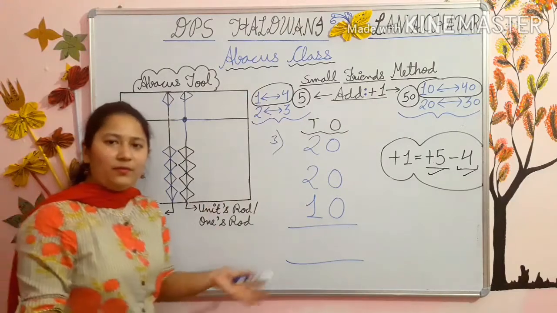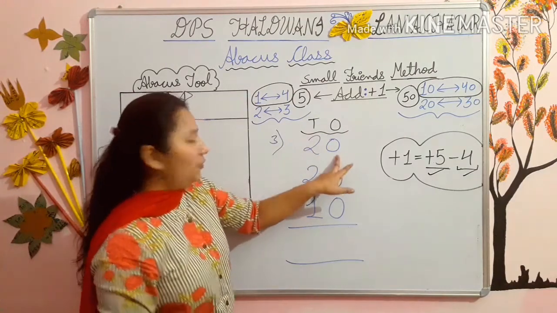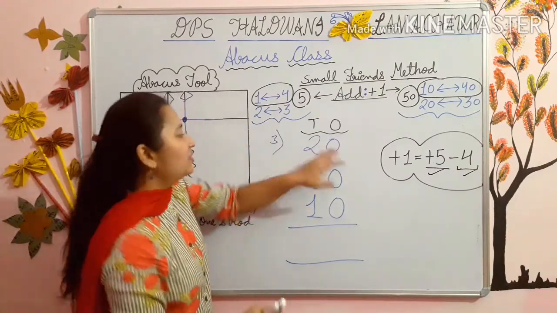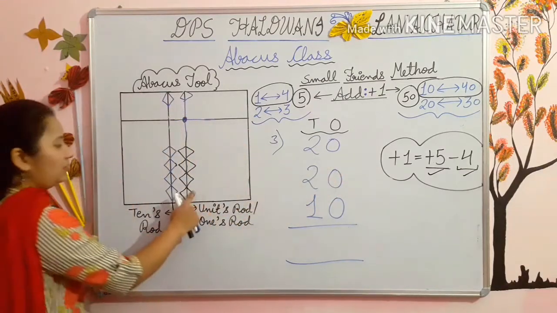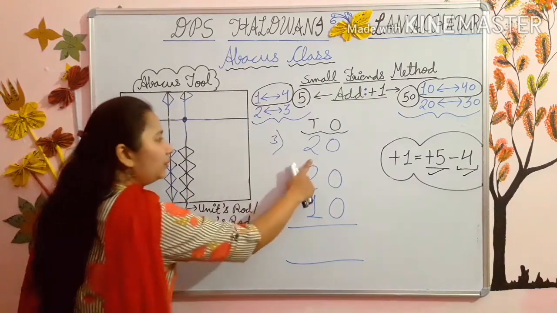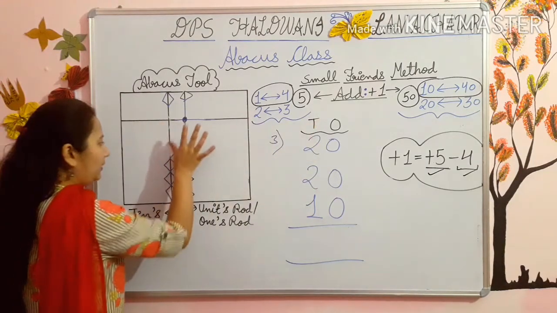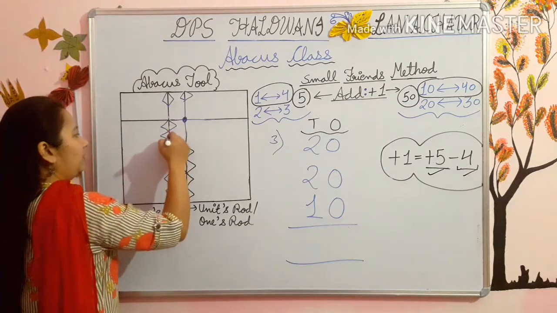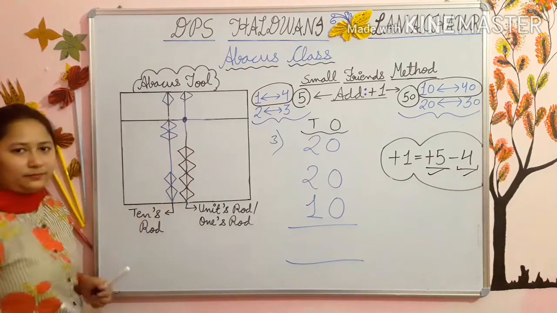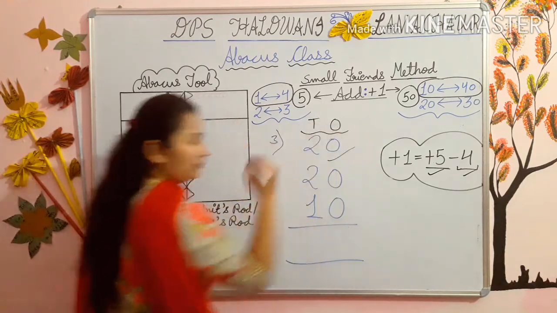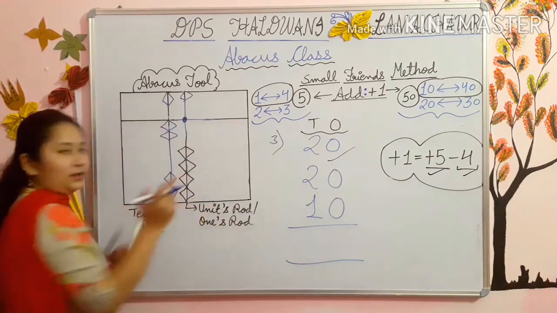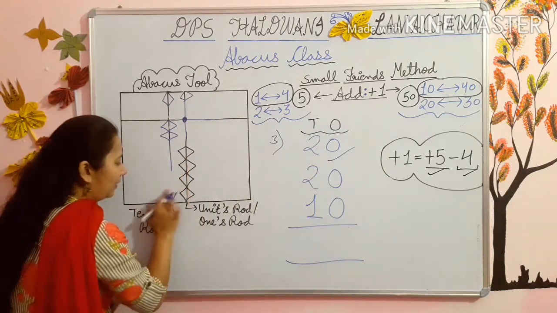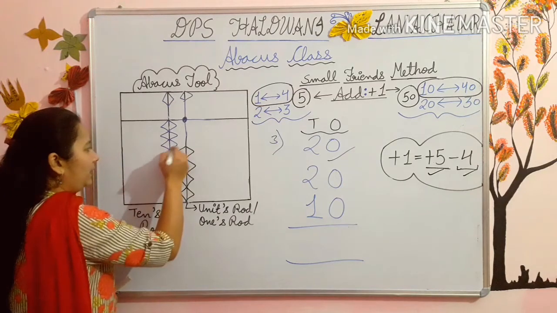Now, always you do. First of all, put the numbers. When you will get lack of beads, then I will explain you. So, first of all, 0 in 1's rod, 0 means nothing. 2 in 10's rod, 2 in 10's rod means 2 beads up. 1, 2. Second, this is done. Now, 0 in 1's rod, 0 means nothing. 2 in 10's rod, 2 means 2 beads up. 1, 2.